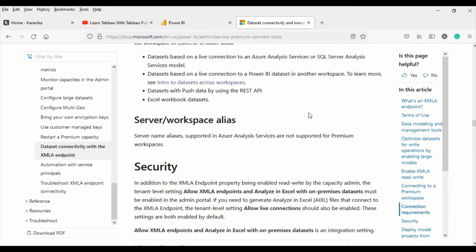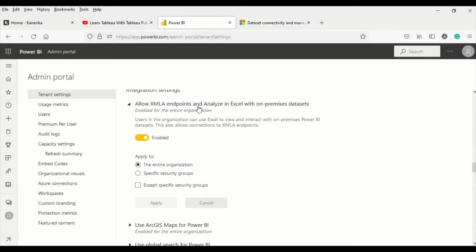There is a very good article you can read around it, but there is a setting to enable this. The setting is Allow XMLA endpoints and Analyze in Excel with on-premise datasets. Users in the organization can use Excel to view and interact with on-premise Power BI datasets, and also allow connections to XMLA endpoints. In Excel you can directly analyze this.